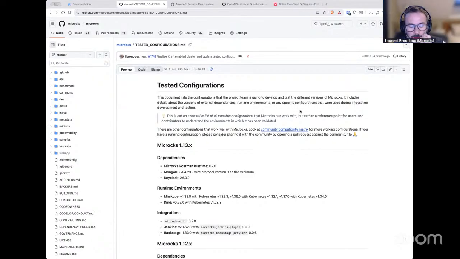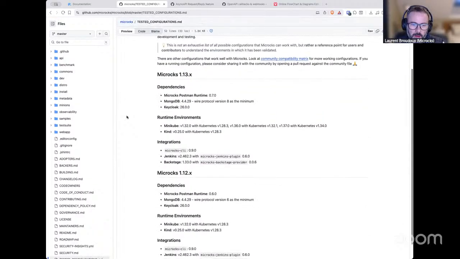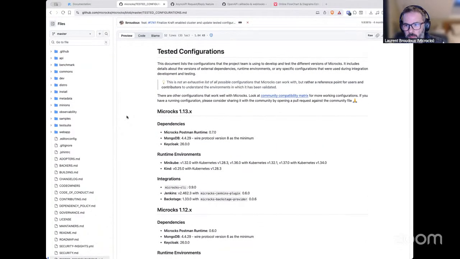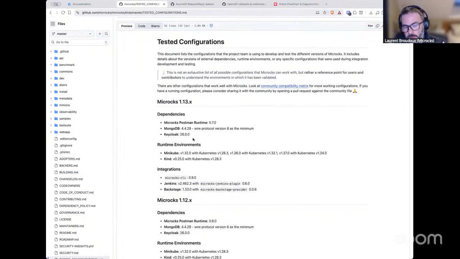Yeah, so basically, as you said, there are two different things. There is this one that is called the tested configurations file, and that lives within the main Microcks repository. This one is updated by the maintainers. Each and every time we are testing new versions, for example, I installed a new Mac this week, and probably I will have a new version of Minikube and a new version of Kubernetes.